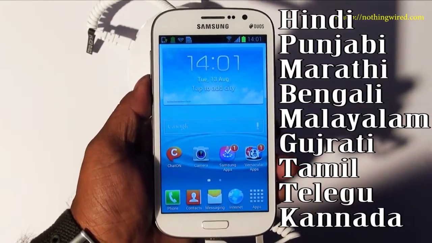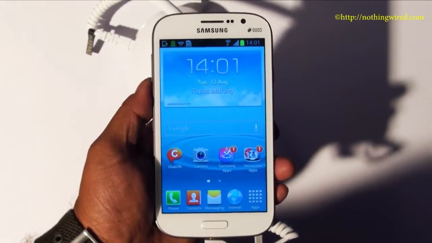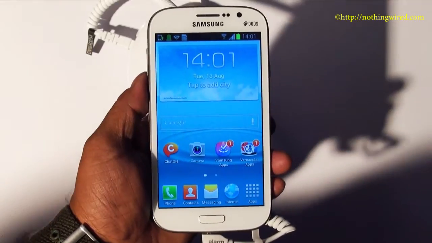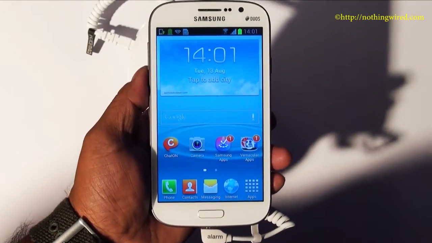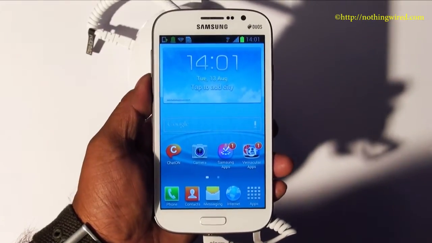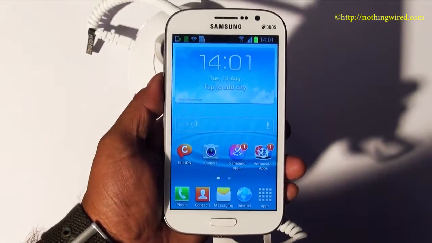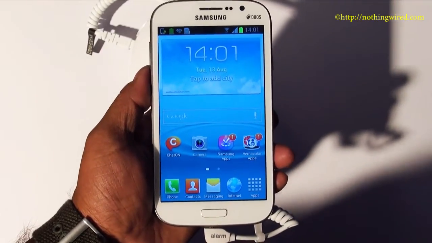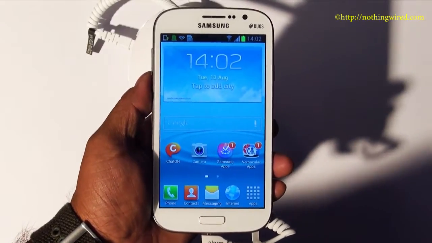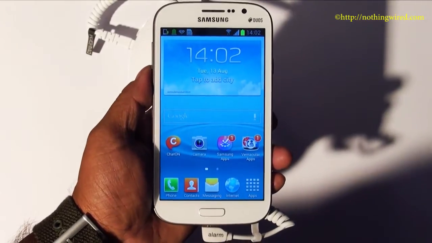And it will be available right now on 3 devices: the Galaxy Grand, the Galaxy S4 and the Galaxy Tab 3. It's gonna soon launch more content in these 9 languages. The number of languages are set to increase. The number of devices that will support this regional content is set to increase probably later this month, and we might see devices as cheap as the Galaxy Star supporting these 9 and more languages in future,